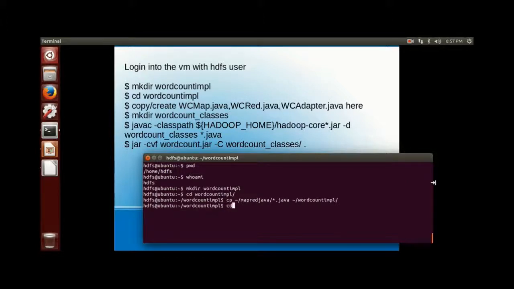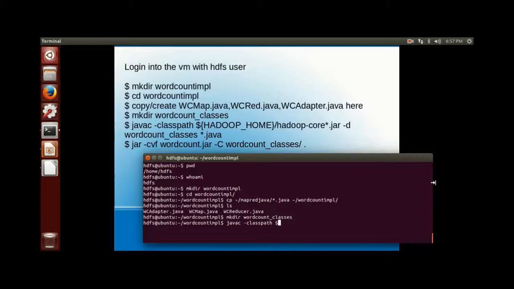Next step is to create a directory for classes, that is word count underscore classes. Compile the Java files with javac -classpath.